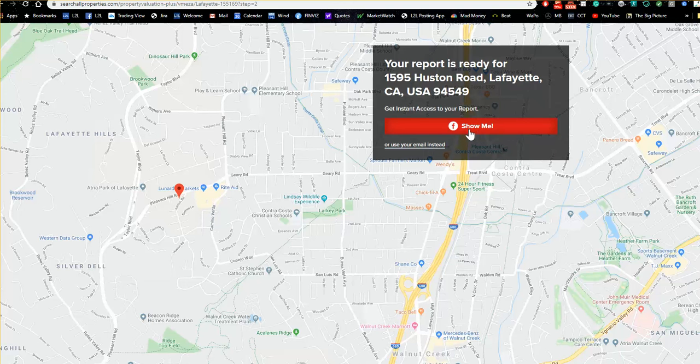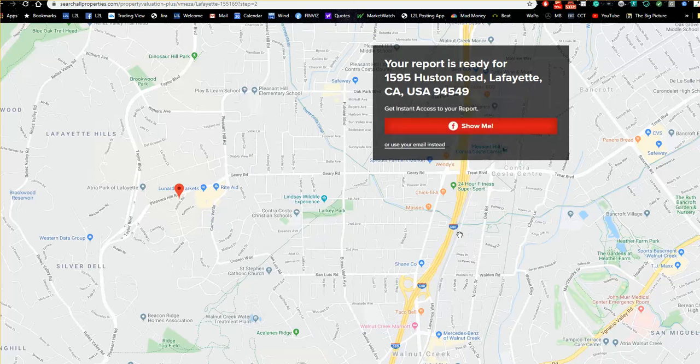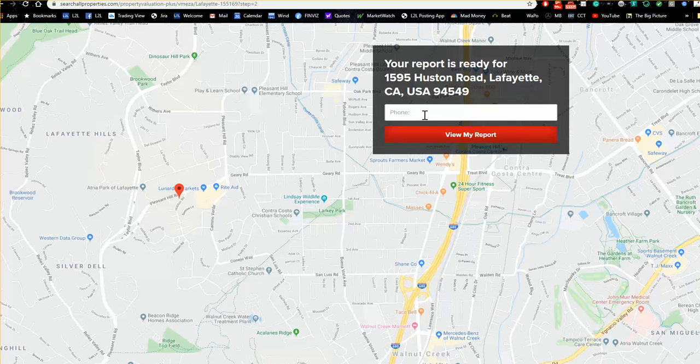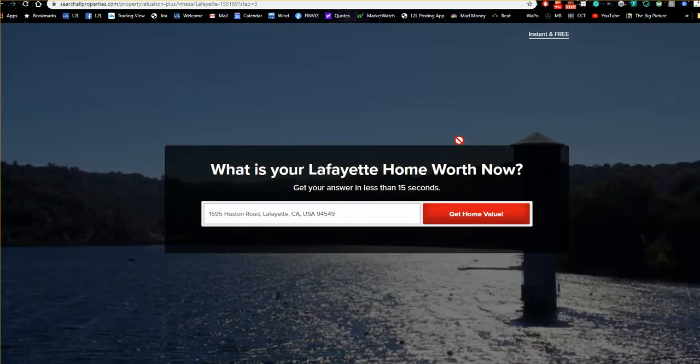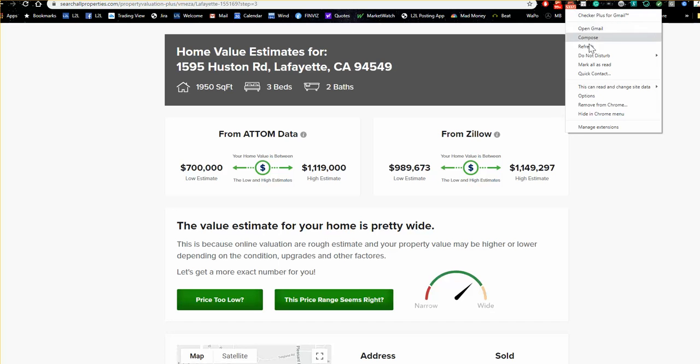So right here, when I click on Show Me, that's again reaching into Facebook and getting the name and email. Here I've got it kind of requesting a phone number. I can skip past that because I have my settings like that. You can actually say, I want them to hand type their name, email, and phone number in there. So you need to get this kind of look. You need to drive the traffic to this page to get the results. So that's your tool? Yeah, this is our tool right here. I like that tool. That's actually pretty good. And if it syncs with FUB, yeah,